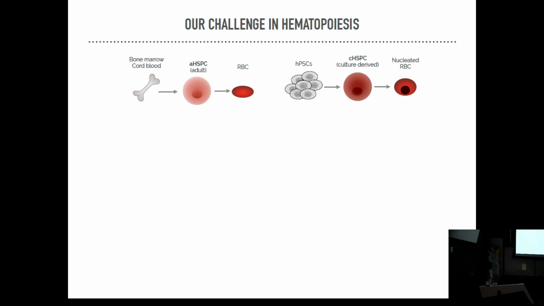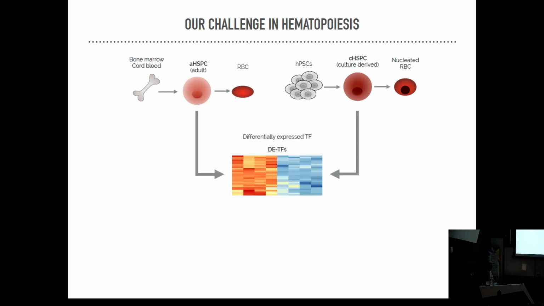So we said, okay, why is our system not working? We know that if you take progenitors and put them in culture, it works. So it's not the in vitro culture conditions. It must be something different between those cells. So what we did is compare the transcriptome of those cells. We generated a microarray to compare their expression, and we came up with a list of genes that are expressed at different levels, specifically transcription factors, which are the molecules that really drive cell fate.